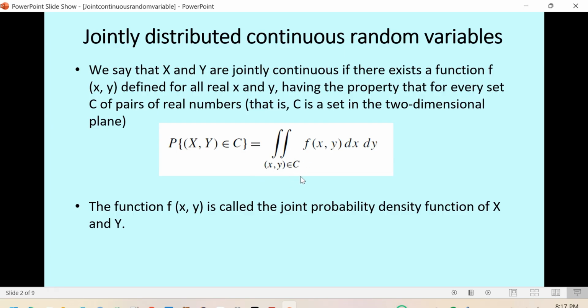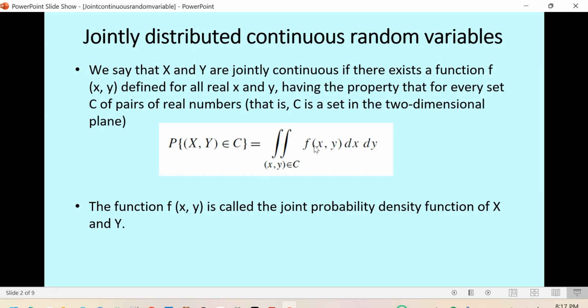This is the whole area. We can say this is a two-dimensional plane, but in some area there is availability for x and y pairs of values. So we call this the joint probability density function for x and y. Because x and y are continuous,